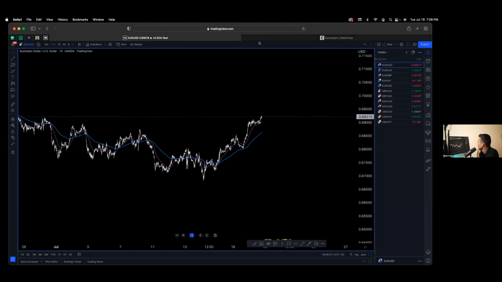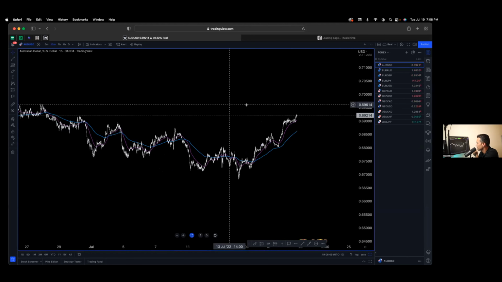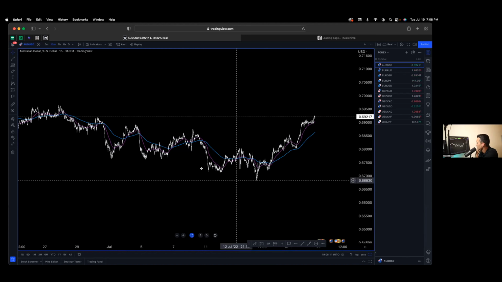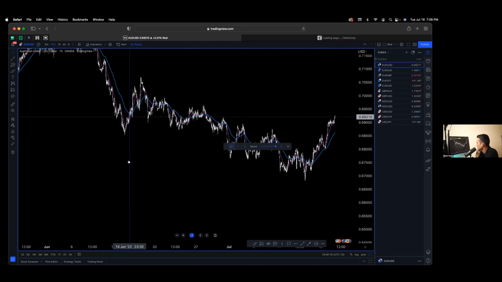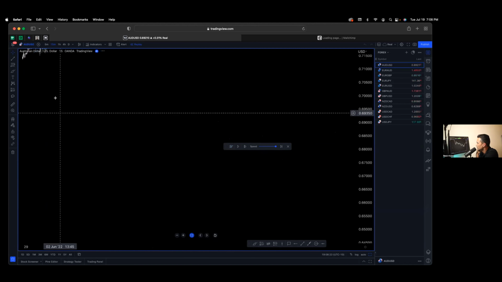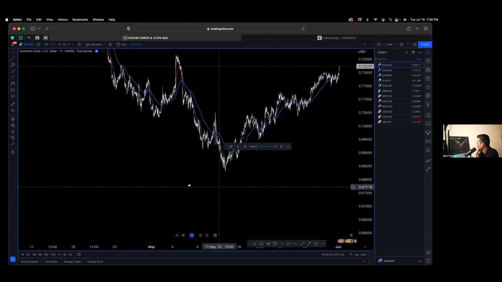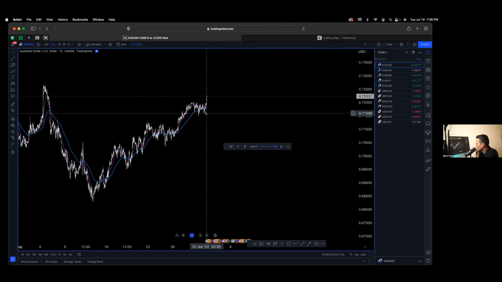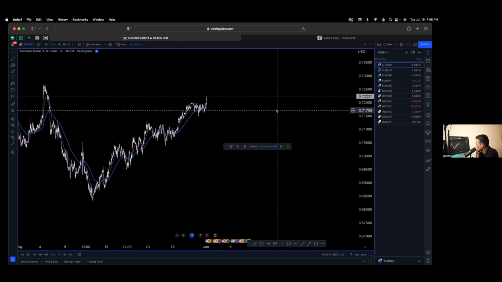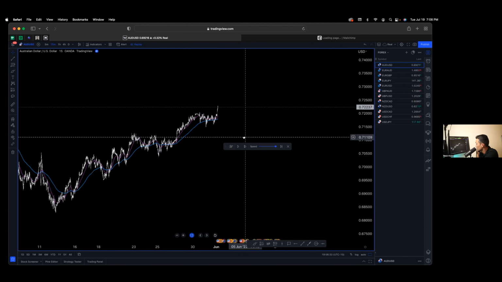So TradingView. This is a 15-minute chart on odd USD. And so if I wanted to go back, I would just click this bar replay or replay button and then just choose a date and time. Let's say I want to go back to June 1st and it'll erase the forward data. So now I am caught up only to June 1st. It's not showing me any other future data.